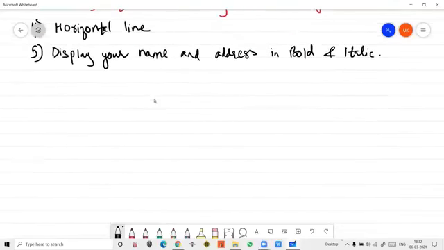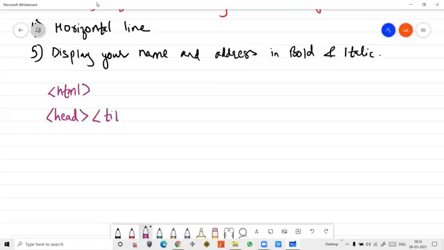Now, as you know that HTML is divided into different parts. It has syntax. The very first is the HTML. Now we are using what? Doc type HTML, in the beginning. So we'll just see the syntax. This is the main part, the opening. Then you have the head, and in head you have the title. Whatever title you give, it will be displayed in the address bar. And then you have to close the title.